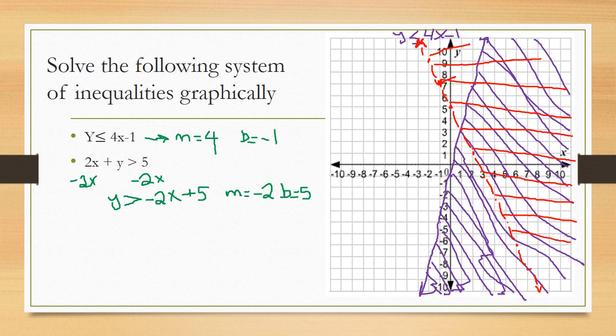I'm going to highlight it with the letter S, because in this area where the two half planes overlap, any point is a solution for the system of inequalities. And this is how we solve